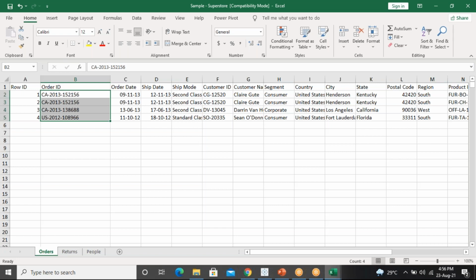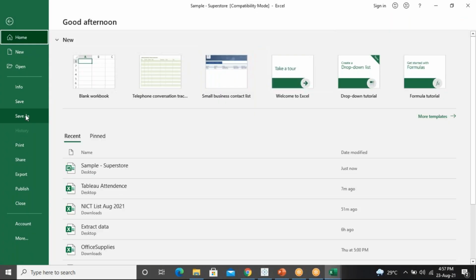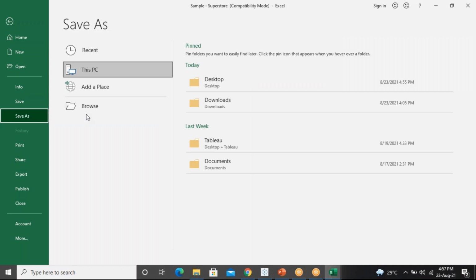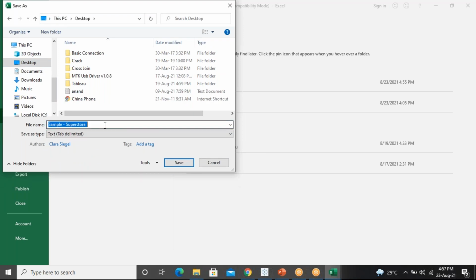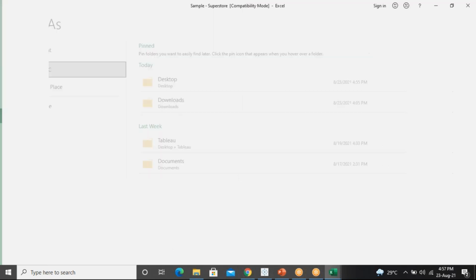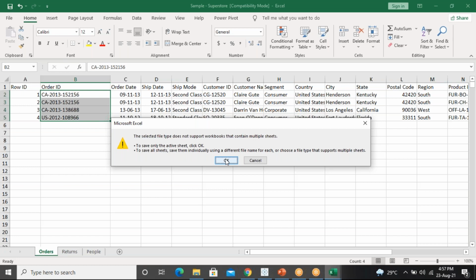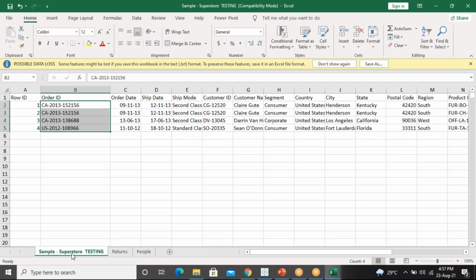Let me know once you're done, and just click on the file, save as, browse. I will save it on the desktop as sample superstore testing.